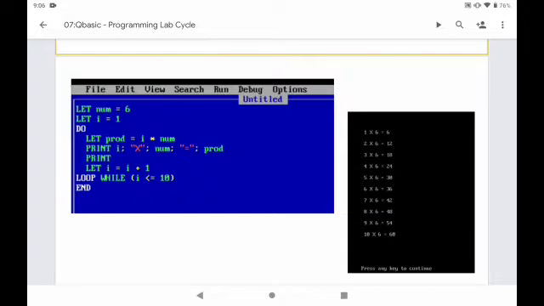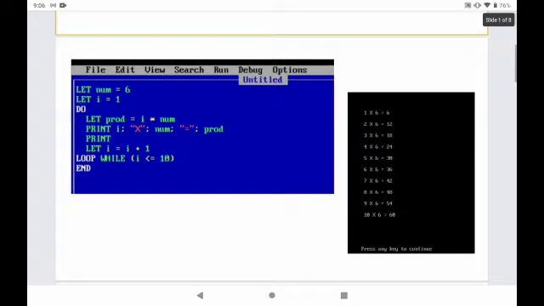After that, you can see the X. X is used to indicate multiplication. Then num. Num won't vary inside this program. The only changing variable will be I. Then an equal to symbol is given inside double quotes, again a semicolon. Then prod. Whatever value we have given to the variable prod will be displayed at the end of each and every line.